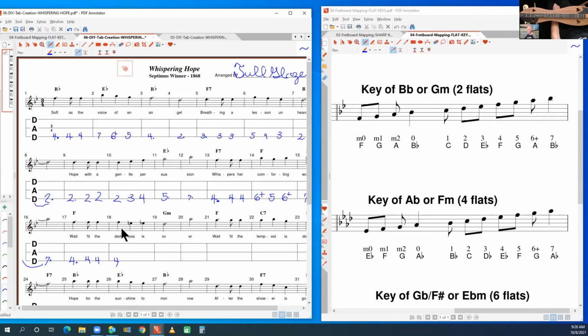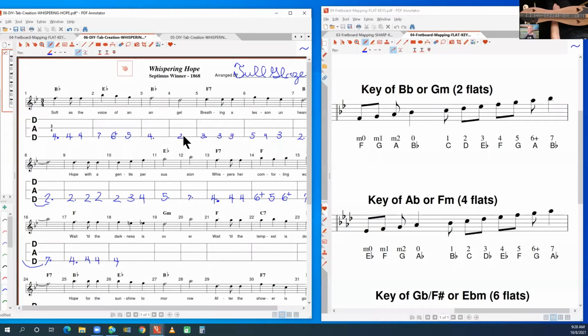Okay, this next measure, I've got what's called accidentals. Accidentals are where you see either sharp signs or flat signs, or in this case a natural sign, in the middle of a measure. That indicates that this note is not in the scale of the key that we are playing in. It's called an accidental. When you go to start tabbing out a tune, if you see that the whole tune is filled with accidentals throughout, like every other measure's got another 1 or 2 accidentals,